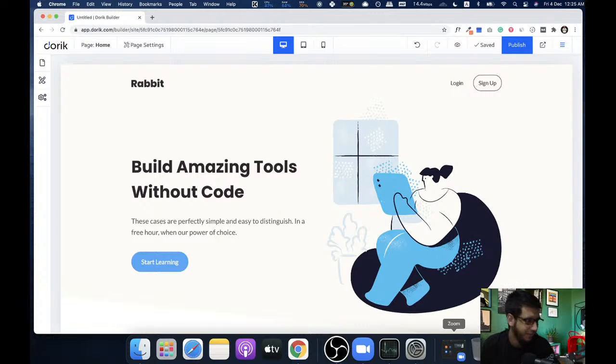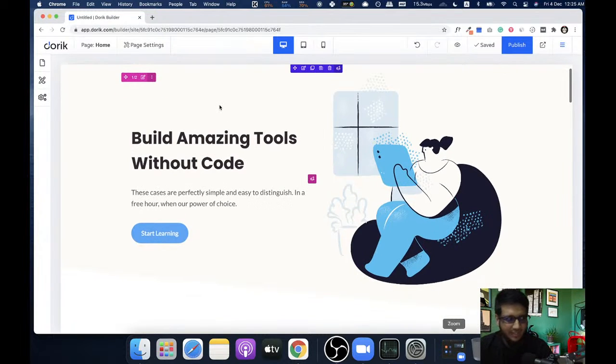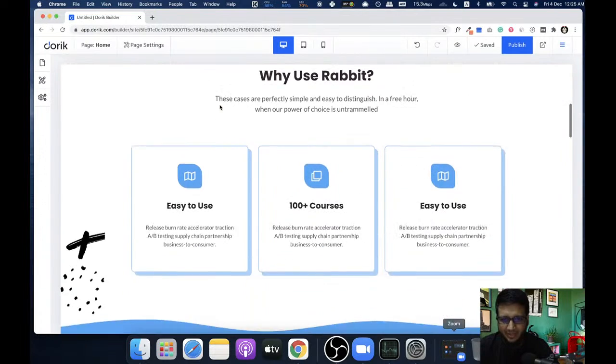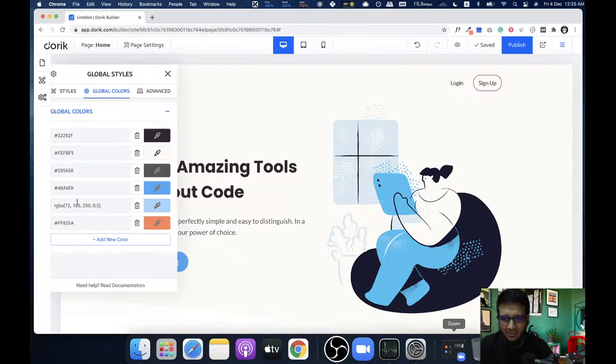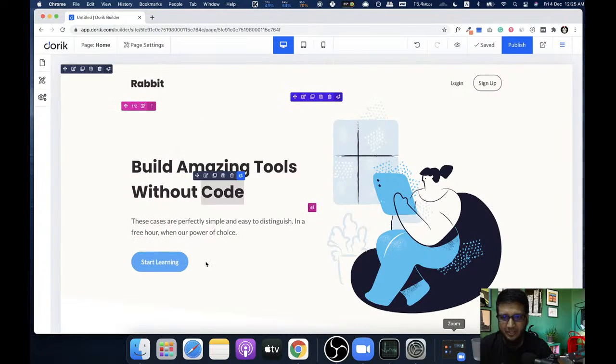So can you please show how global? Oh, okay. Sorry, I forgot it. I'll make a separate video of it, but I'm going to show it quickly. So here we have global color. You can save these colors and use them in the website. We have used it. Let's see.